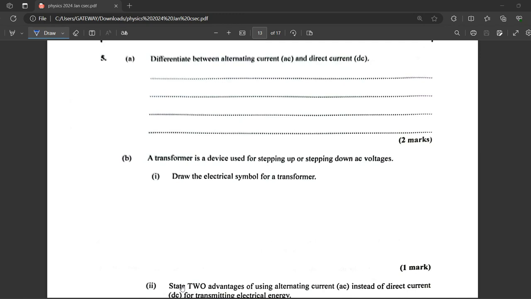So question 5 here. They say differentiate between AC, alternating current, and direct current, which is DC. So direct current is a current that travels only in one direction, right? So you could say DC, which is direct current, I just put it in shorthand, is a current